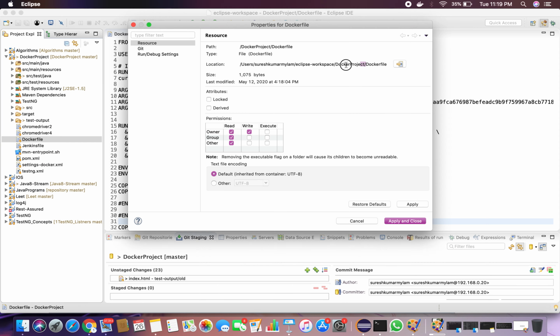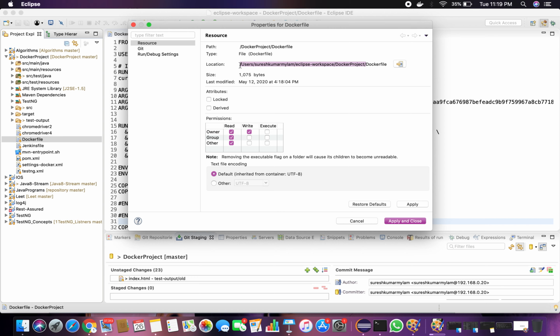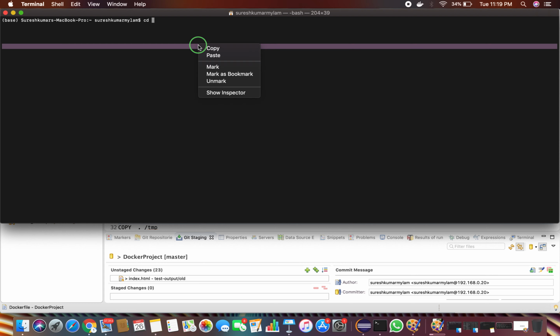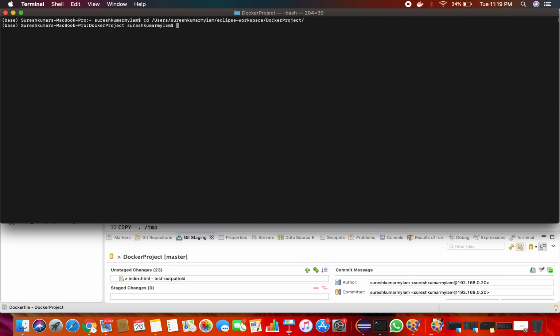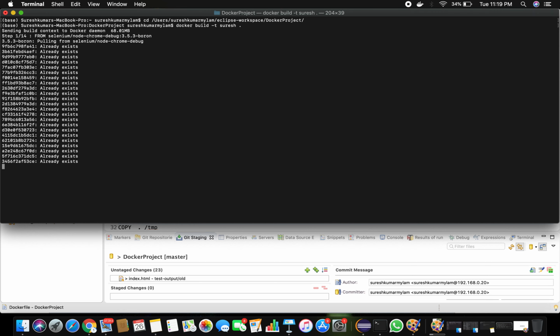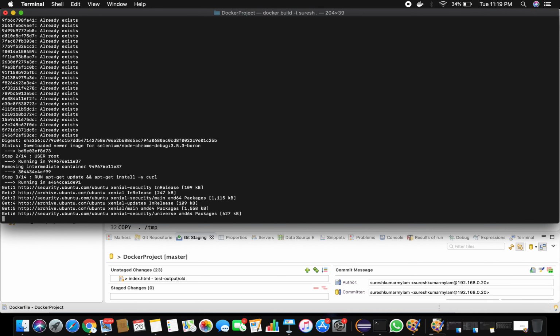I'm inside the Docker project, where I can find the Dockerfile. Let me run docker build dot. Otherwise, if I want to provide some name, I can give a tag name with -t. I can provide Suresh and dot. See, this particular image, I'm going to tag as Suresh.